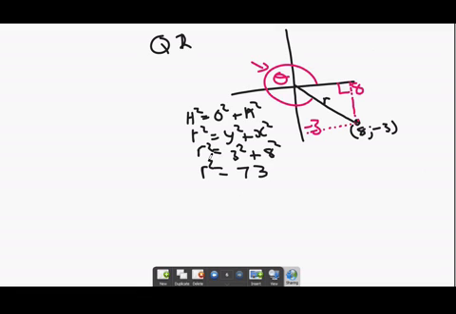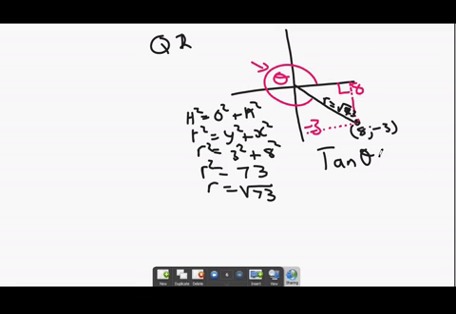r squared is going to give me that. R is going to give me square root of 73. So I can just go ahead and write square root of 73 there, like that, to show that I've now found it. So if I am going to write down my ratios, I know that